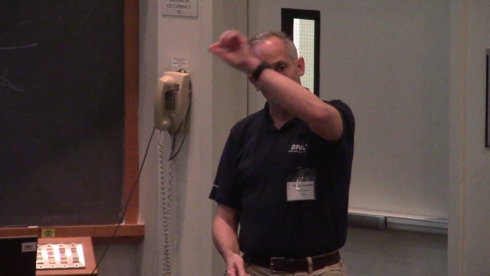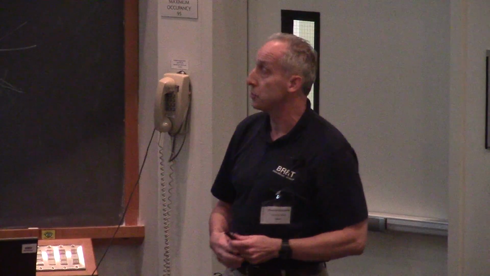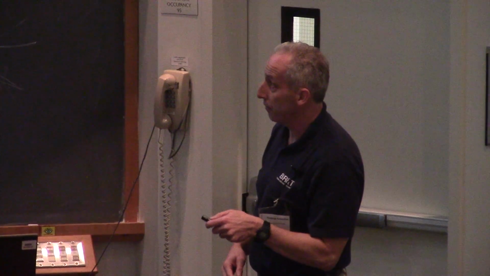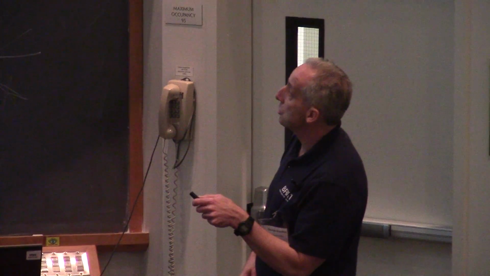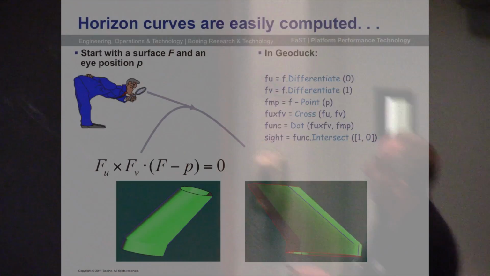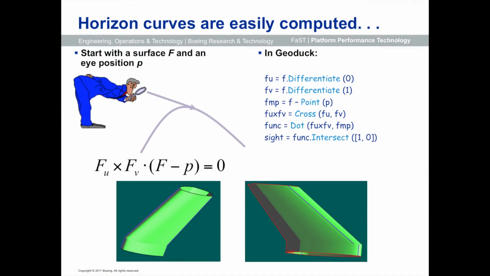So I expect to get a 1-parameter family of solutions back if I solve that contouring problem right there. And so I can just do that. I can formally differentiate the surface map, compute the difference, take the cross product, dot product, put all of this thing there. And now if I take the intersection of that with where the first component equals 0, what I will get back is a curve, which is exactly what I'm looking for. All right.